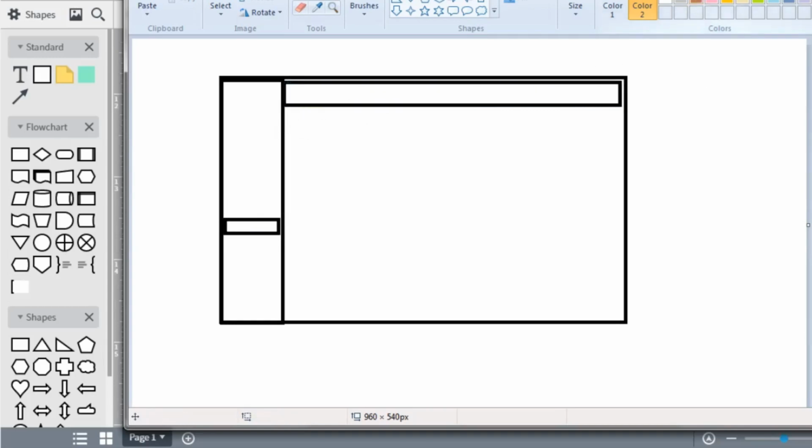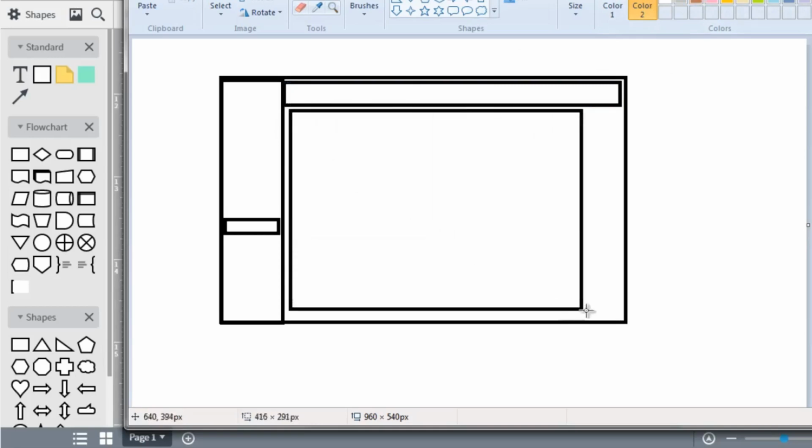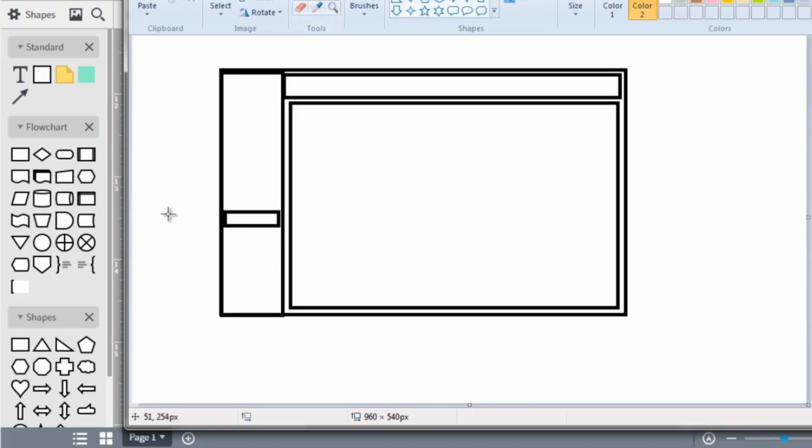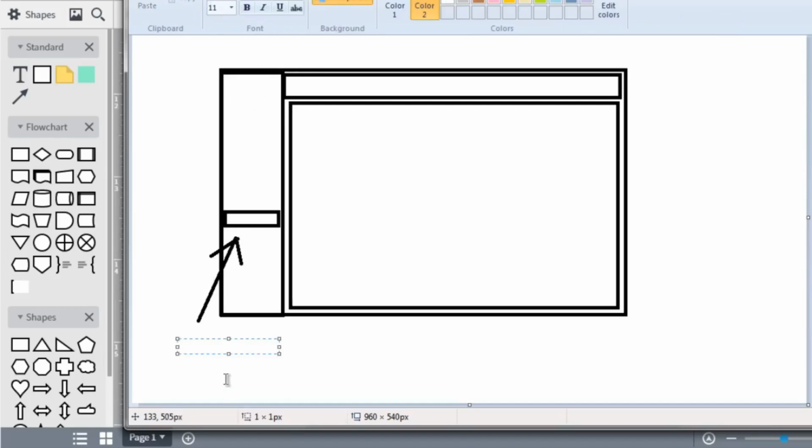So maybe we'll make this red, actually, yeah, we'll just keep it black. All right, so within here itself, we have the options here. So maybe the menu bar here, we could say menu bar. So I'm going to make an arrow here, and the menu bar, they should have the ability to see a list campaigns, create new campaign,